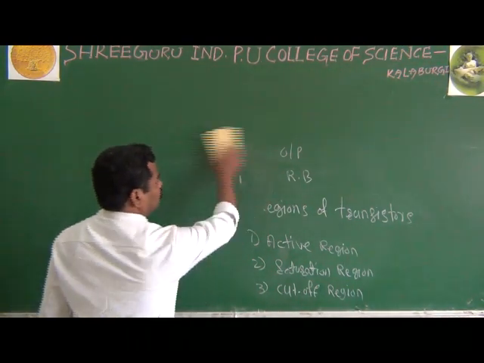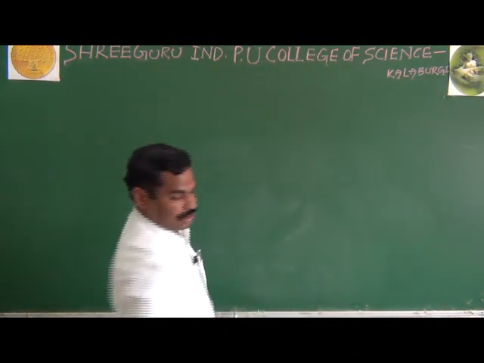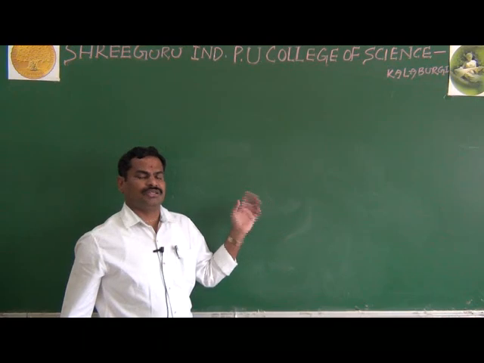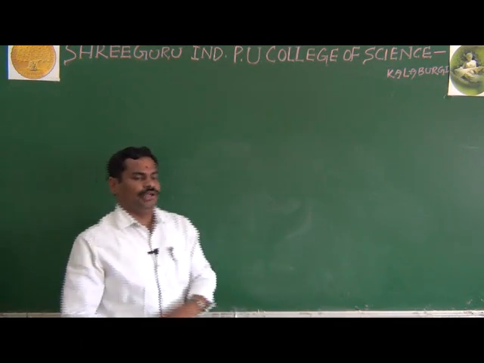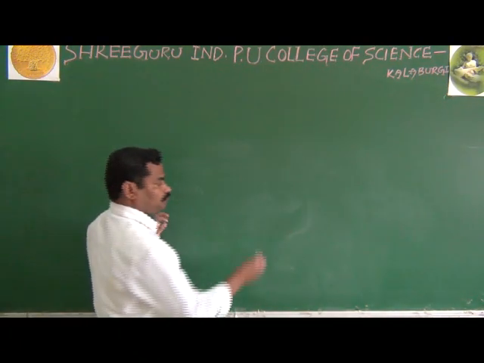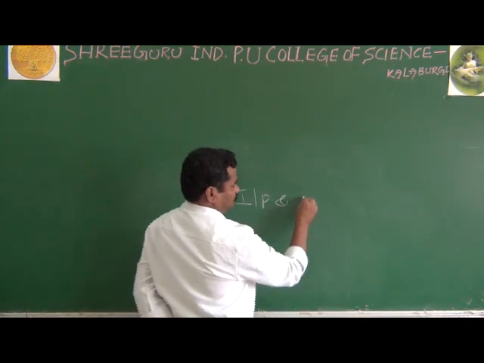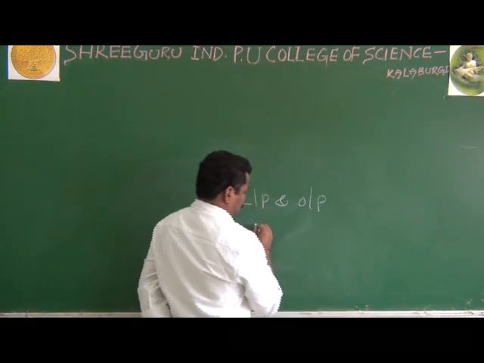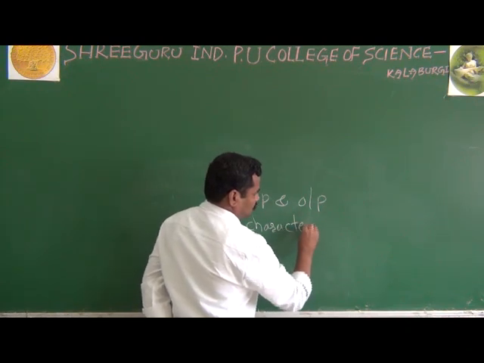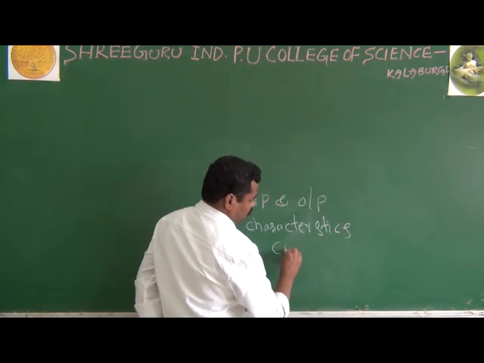Now we will go for finally the last topic. What I said about this is the introduction. This you studied already in your first year, that's why I will not go into detail about that. We'll go for the last, final topic, which is so important about your transistors. That is called the input and output characteristics of the CE configuration, CE mode.